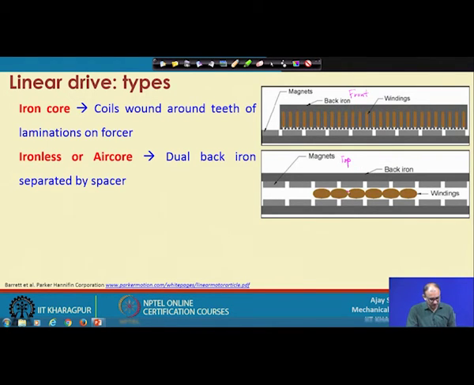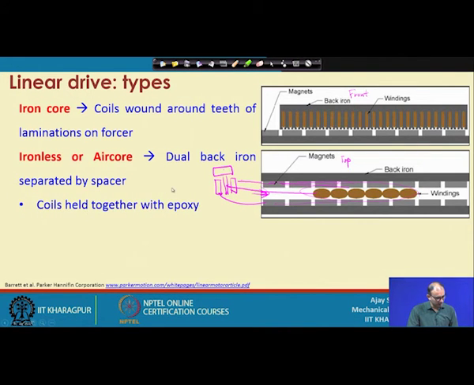So, what are the differences here? Now the magnets have two rails. These are the magnets when you are looking from the top, and this winding is in the center, and on top of that you put something. These are the magnets, and this is the winding, and we are looking from this direction. This round part is the winding, and on top of that you put a plate, so that you can mount something from the top. So, this is about the ironless or air core motor.